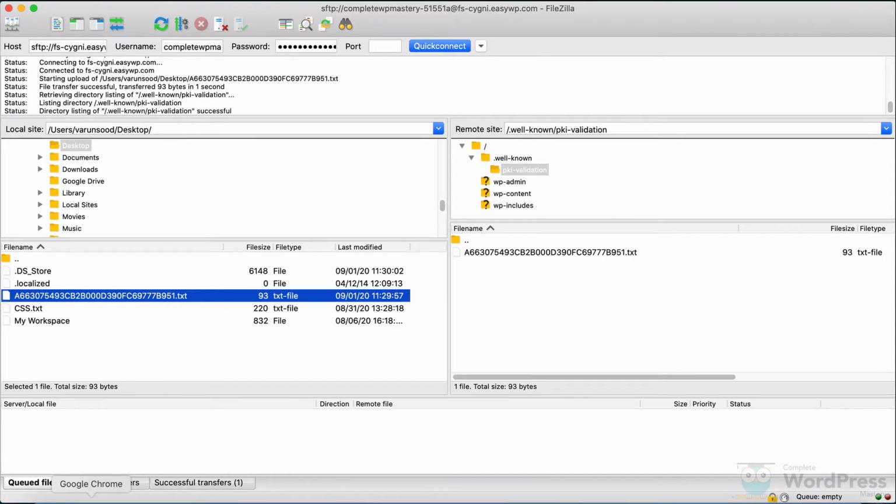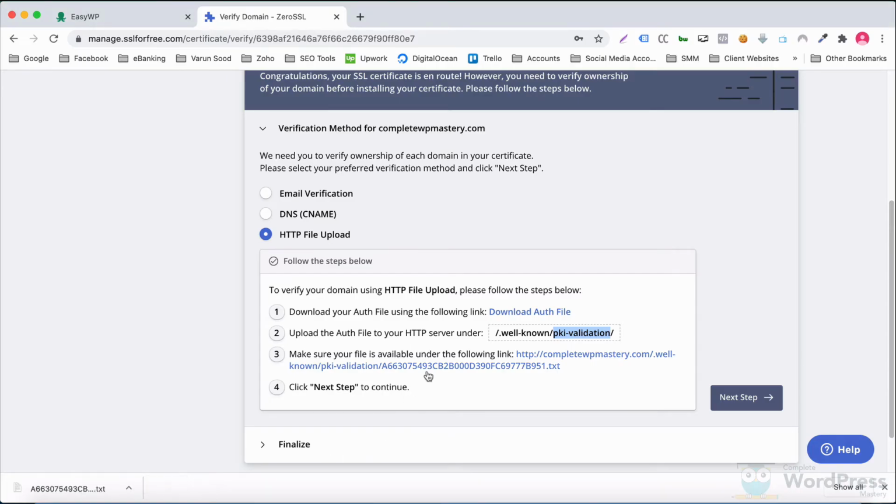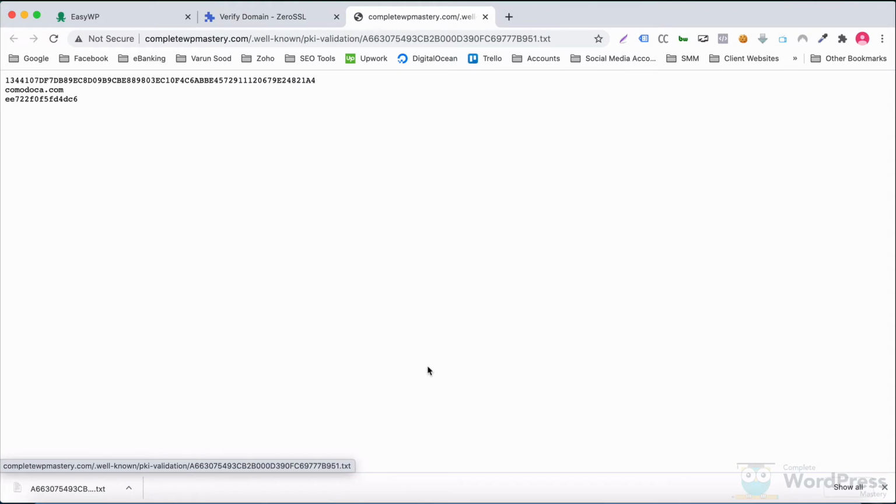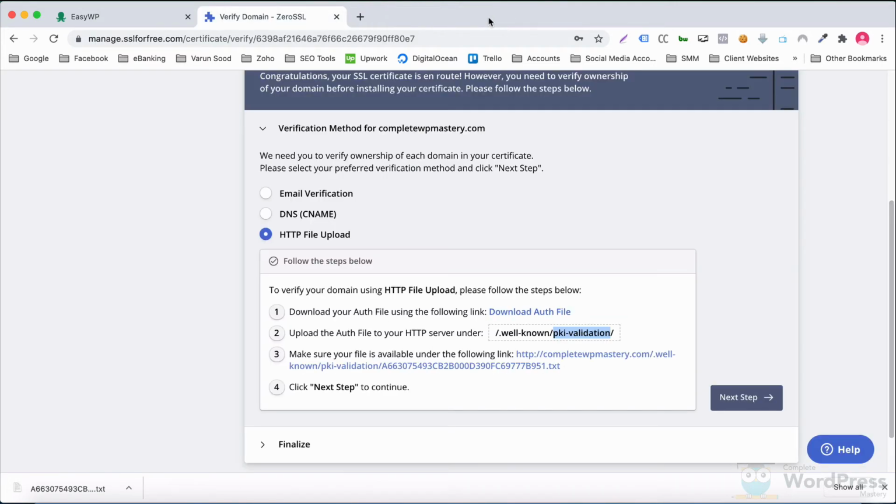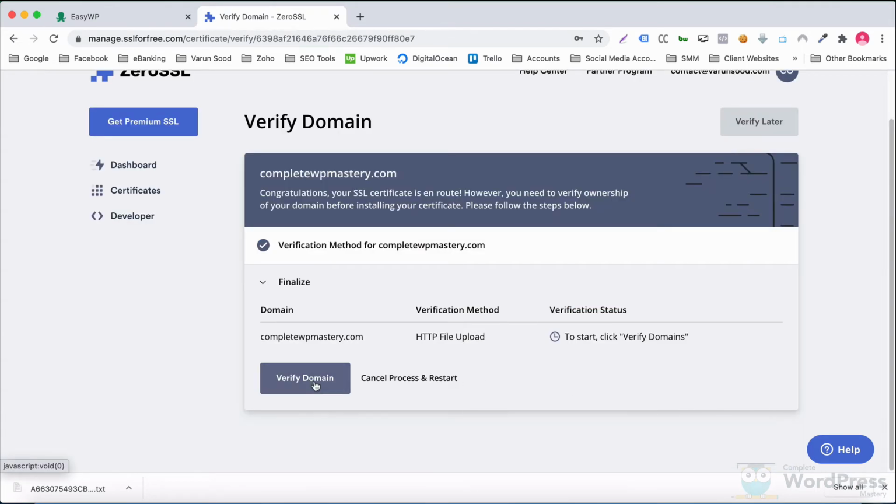To make sure that the auth file was correctly uploaded, click on this link. If you see the contents of the file in your browser, the file upload process was successful. Let's now verify our domain.